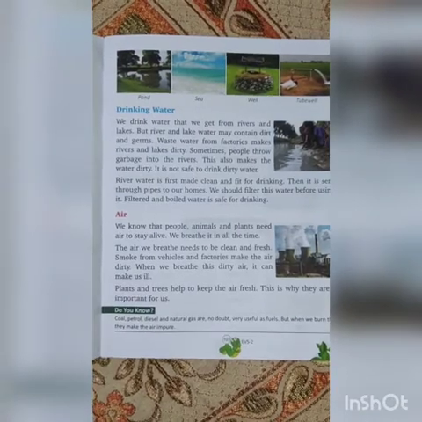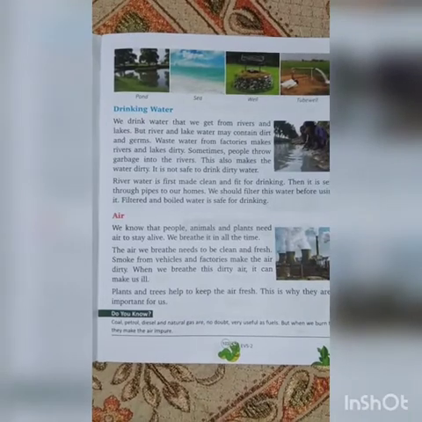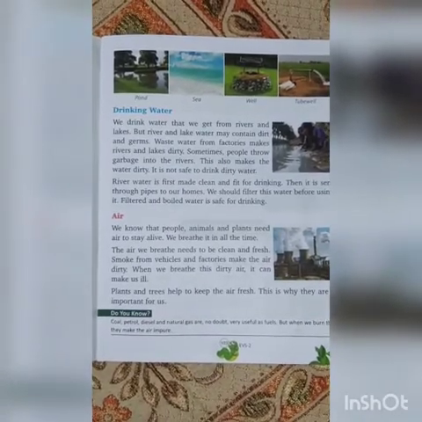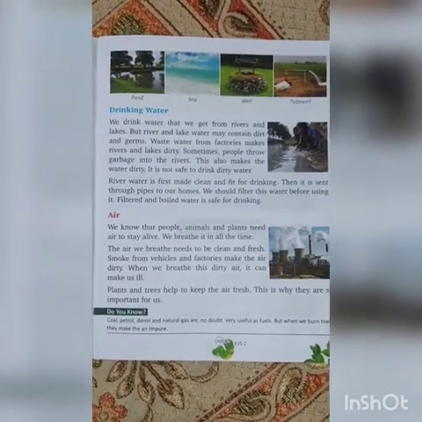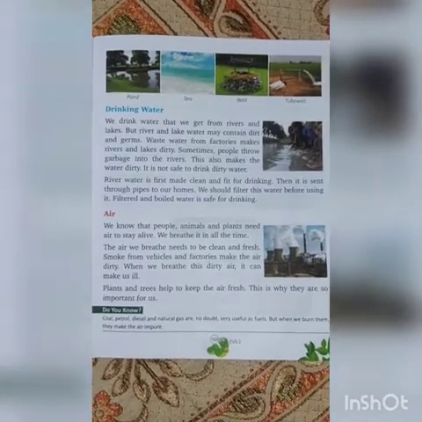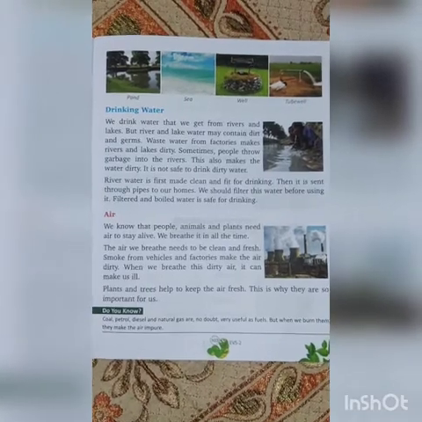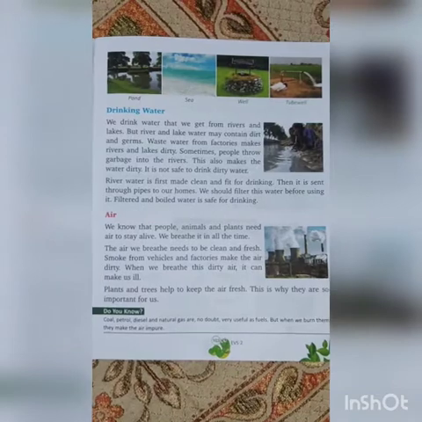Sometimes people throw garbage into the rivers. This also makes the water dirty. It is not safe for direct drinking. River water is first made clean and fit for drinking. Then it is sent through pipes to our homes. We should filter this water before using it.